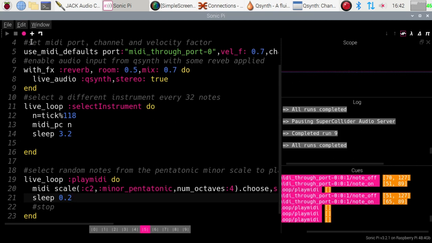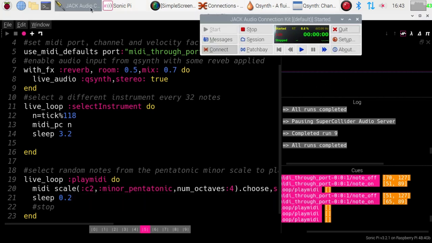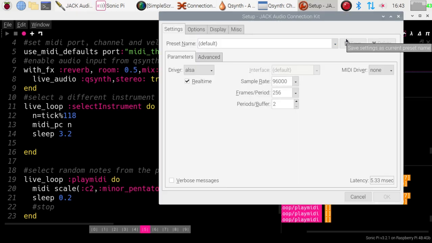So we'll stop that. So there we are. That's taken a fairly quick look through setting up Qsynth to run with Sonic Pi. And the key to doing the connections is to use QJackctl in order to set things up. And once you've got the setup appropriate for the card which you're using, then you can